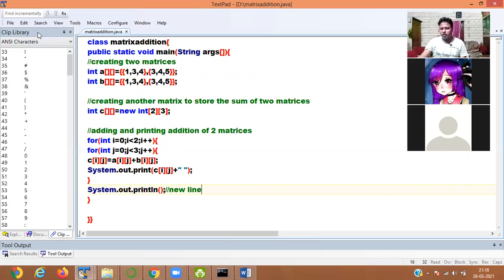Here all the values are taken: 1, 3, 4, 3, 4, 5. Both are the same, so they are added: 1 plus 1 is 2, 3 plus 3 is 6, 4 plus 4 is 8, 3 plus 3 is 6, 4 plus 4 is 8, 5 plus 5 is 10.